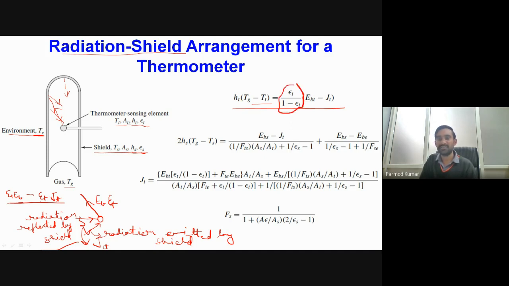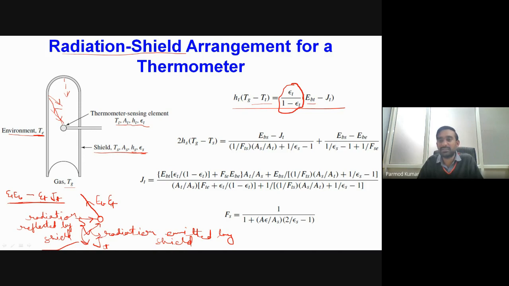So this is the convective heat transfer, which will be equal to the net radiative heat transfer from the surface of the thermocouple. The net potential has Eb as the amount of radiation emitted and J as the irradiation acting on the surface of the thermocouple, and while these two participate, we will have certain resistance of the surface. Because our surface is not a perfect emitter and not a perfect absorber, we will have certain resistance of the surface.